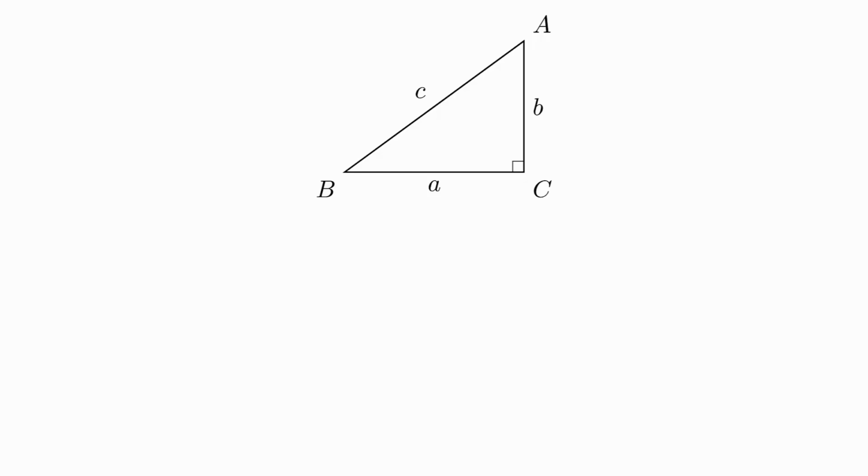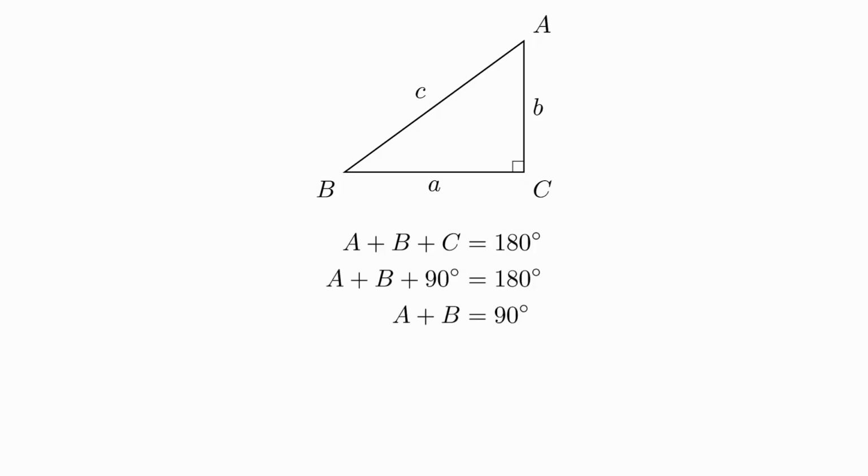For a generic right triangle, there are 2 unknown angles and 3 unknown sides. However, there are mathematical relationships that relate some of these values together. For example, we know that the sum of the angles of a triangle is 180 degrees, so we can write one of the angles in terms of the other. Similarly, the Pythagorean theorem tells us that if we know the lengths of any 2 of the sides, we can calculate the length of the third side.